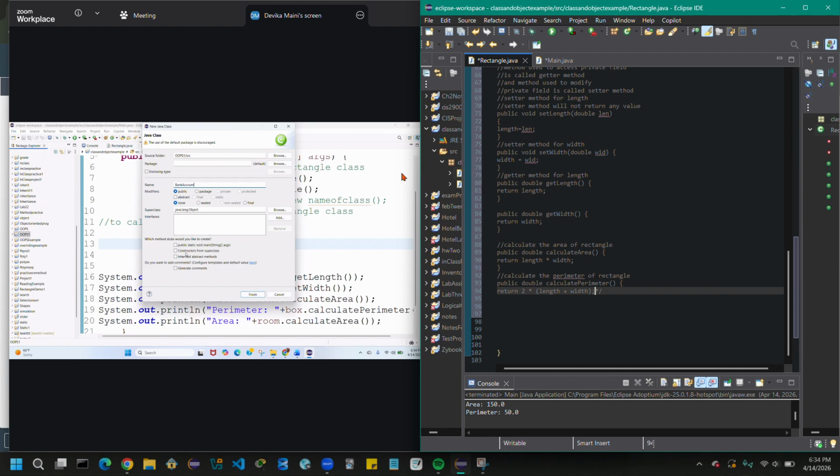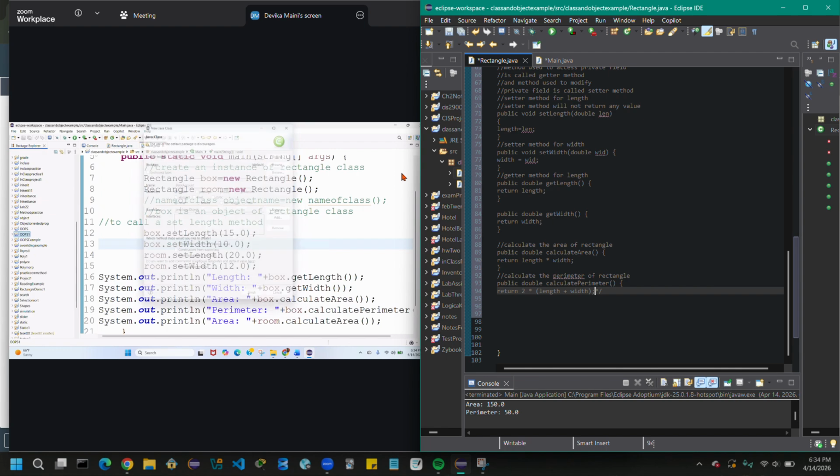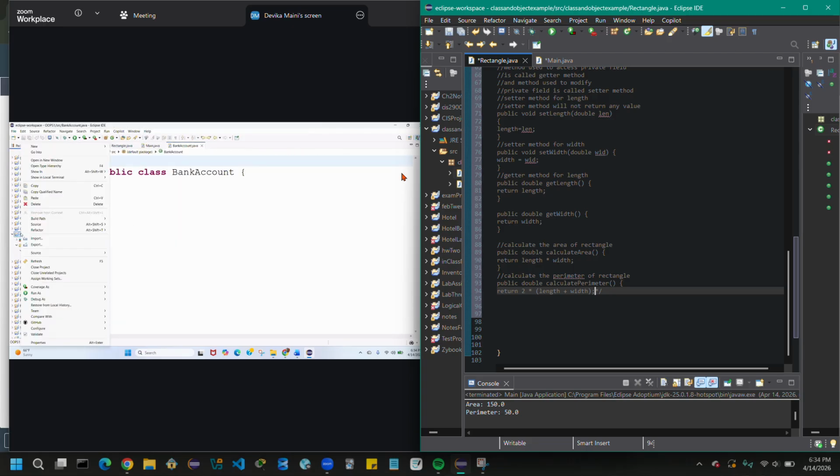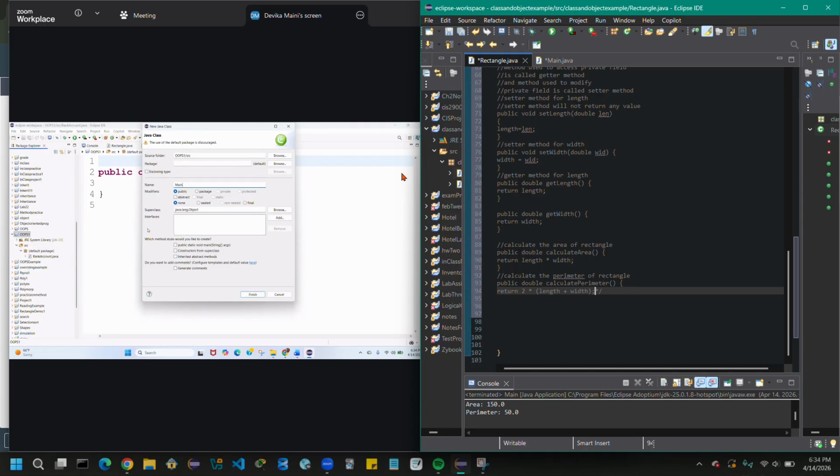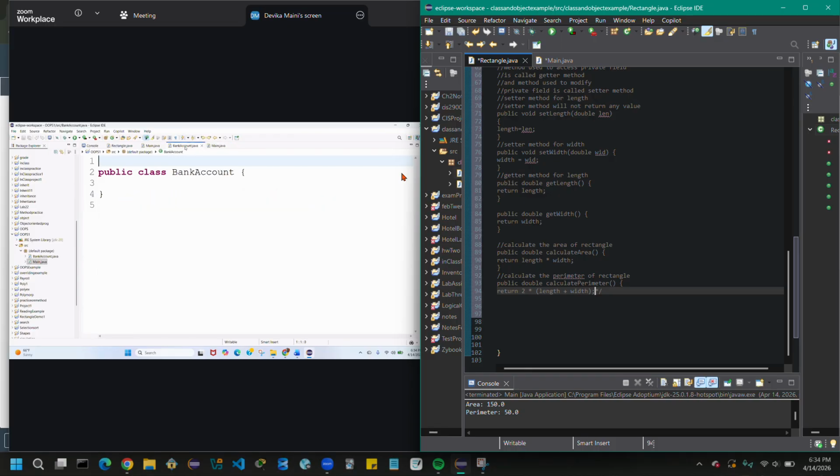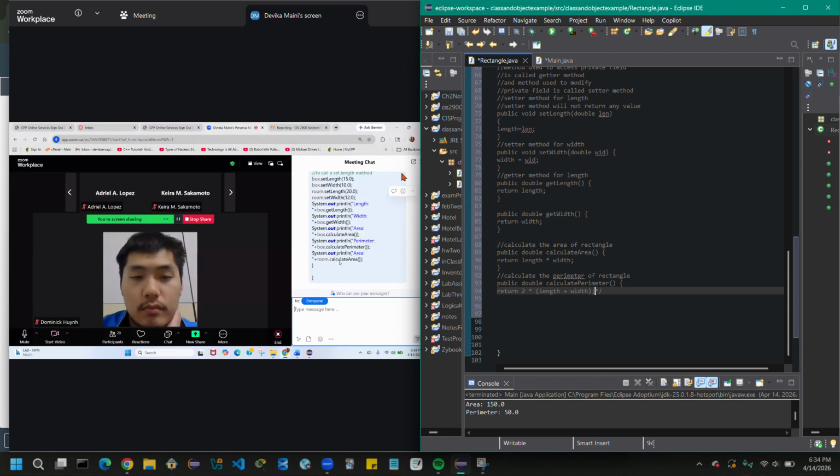Make sure do not click on public static void main or anything. Click finish. And in the same project, create a main class also. And now you can write public static void main. Click finish. So you should create these two classes. Make sure you create another project. It's easier. Let me know if you're done.